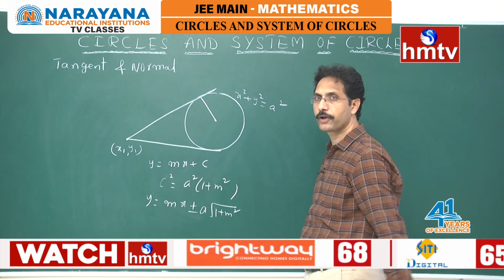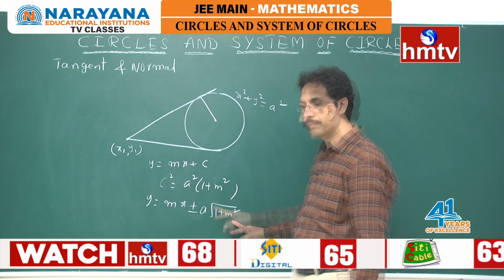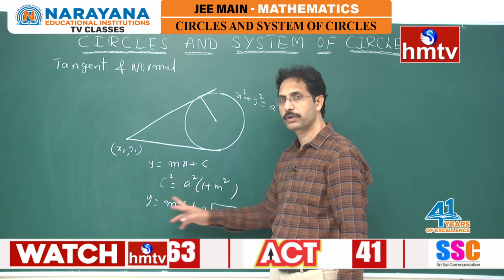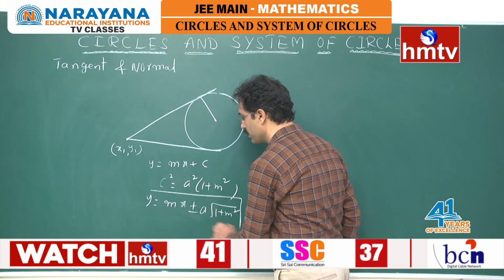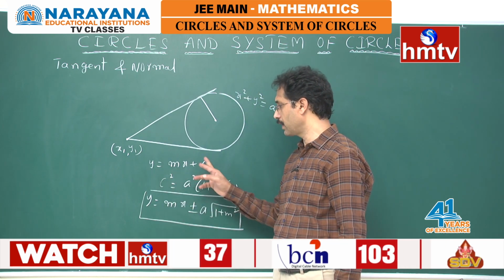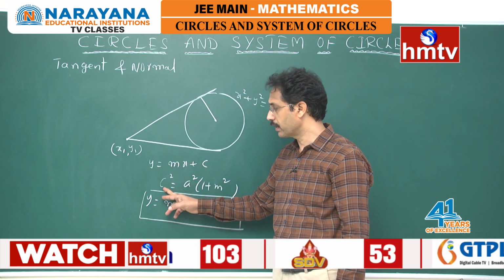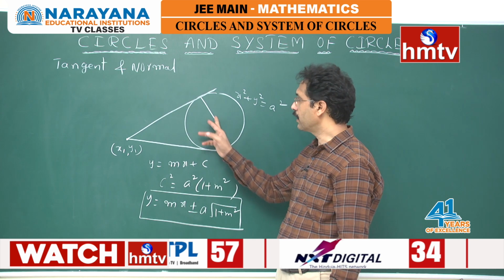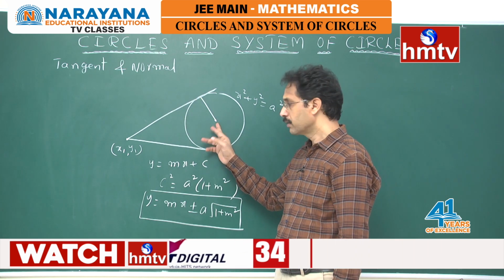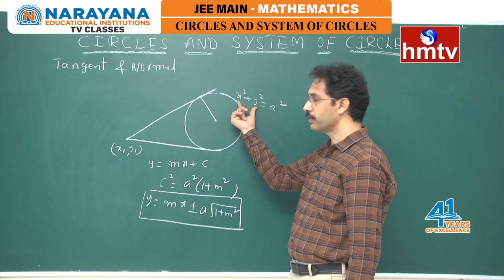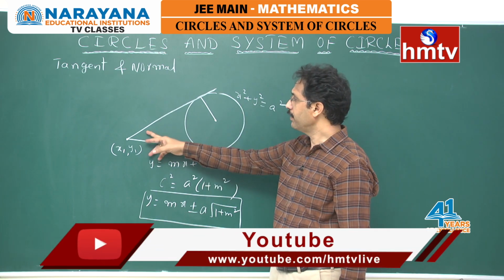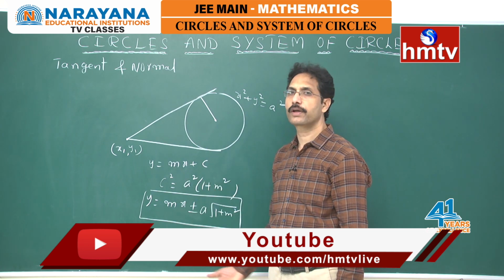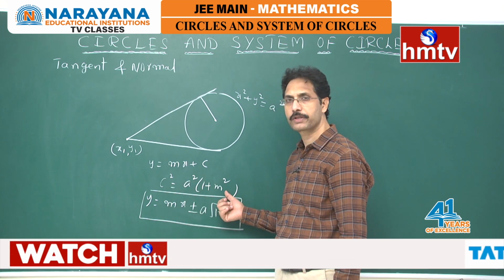Like this we can find the equations of tangent in slope m. Here y is equal to mx plus or minus a into under root 1 plus m square is the equation of tangent in slope m, remember. Any line y is equal to mx plus c is tangent to the circle when c square is equal to a square into 1 plus m square. You can find this either by using r is equal to d or by solving the equation of the line and the equation of the circle. When the line touches the circle, the roots will be equal, so using discriminant is equal to 0, we can find this c square is equal to a square into 1 plus m square.